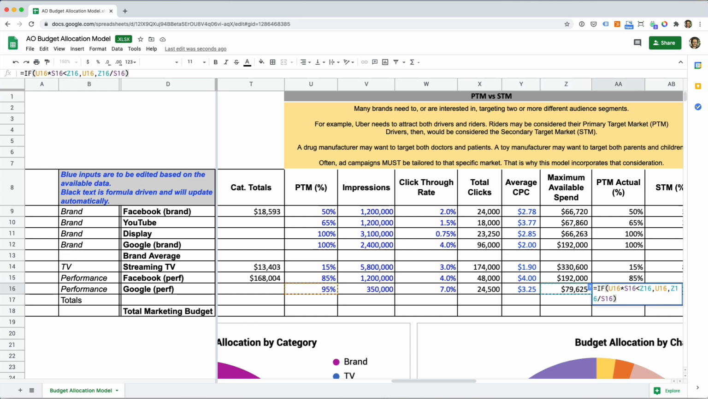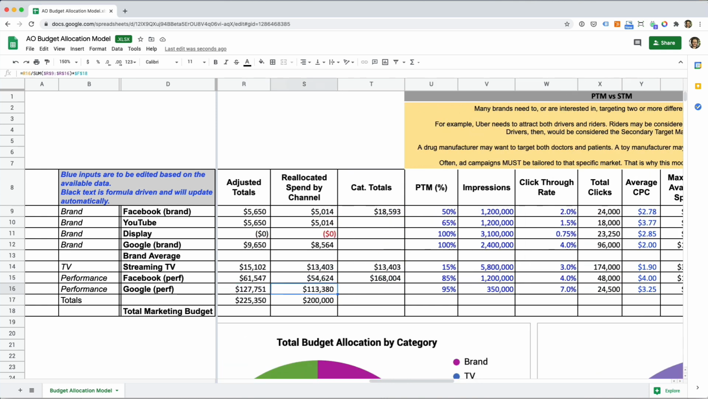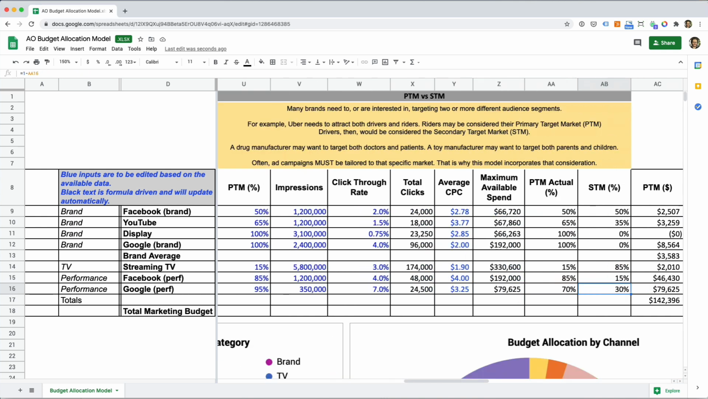So this formula here, this really cool formula, shows that I could only allocate 70% of my $113,000 to my primary target market. Okay, because 70% of $113,000 is just right here at 79,625, and it's just a really cool added layer of